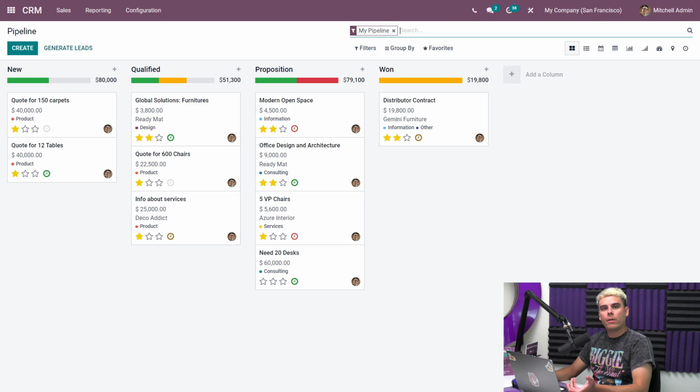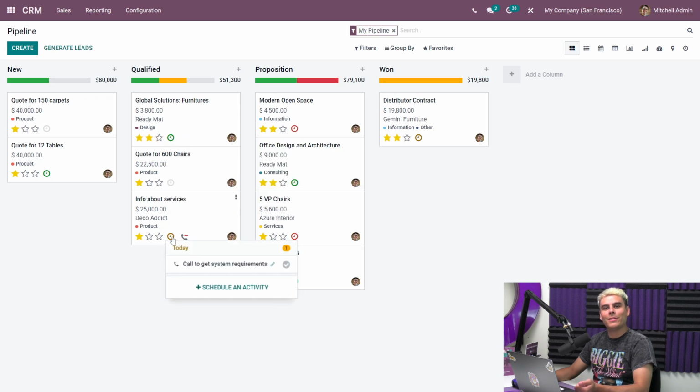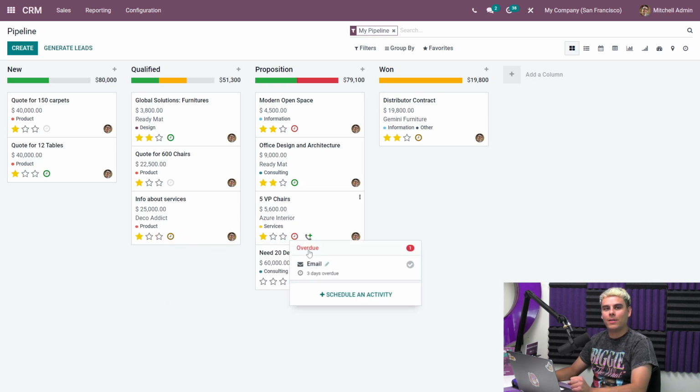So here we are on our CRM dashboard. Now, we'll start here with the entire Stealthywood pipeline. You'll notice that each opportunity has a tiny clock icon. If the clock is gray, that means there are currently no activities scheduled for this opportunity. If the clock is green, it means there are activities scheduled for the future. Yellow in this case means the activity should be completed before the end of the day. And then finally, a red color represents an activity that is past its due date, and we don't like to